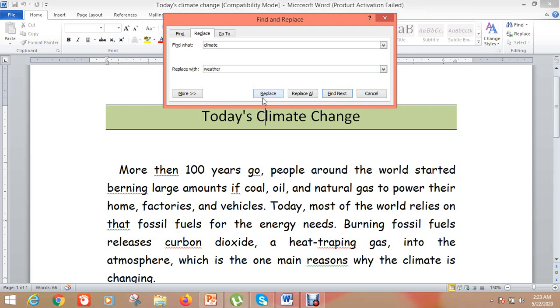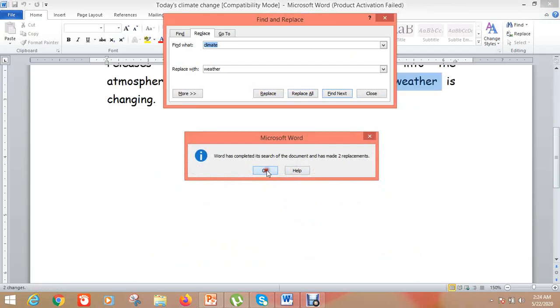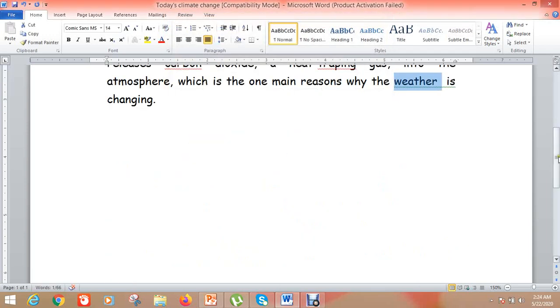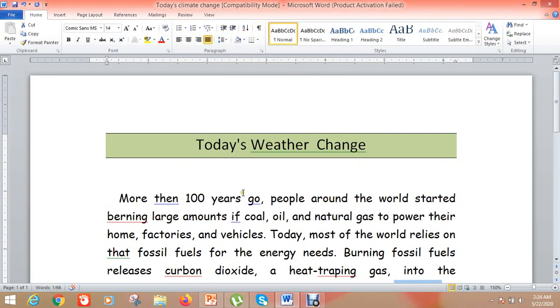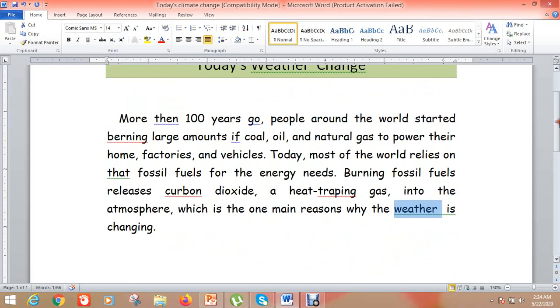Replace replaces at once. Replace all replaces that word wherever it is used in the whole document. Okay, replace. See, now it has automatically replaced the word climate with weather in the whole document.